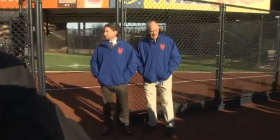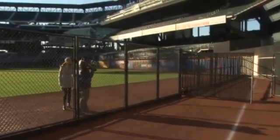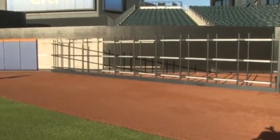So if you were able to see behind me and take a look at how the fence line has been realigned, you'll see that from right center field all the way to the dugout seats here in dead right field, we've moved the fences in. It varies in distance from 5 feet to 11 feet as far as the reduction is concerned. And you'll be able to see the outline of the previous fence,